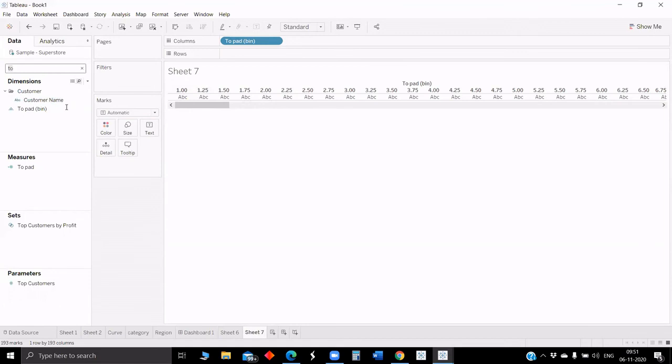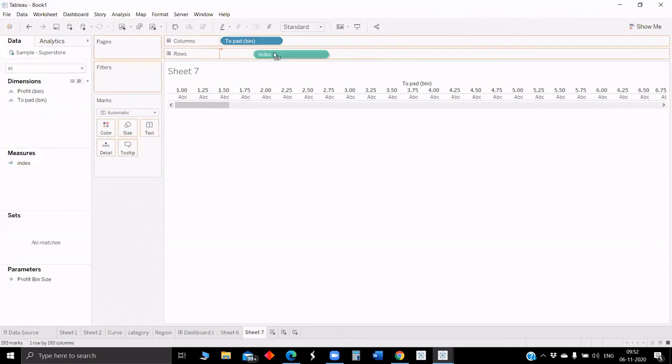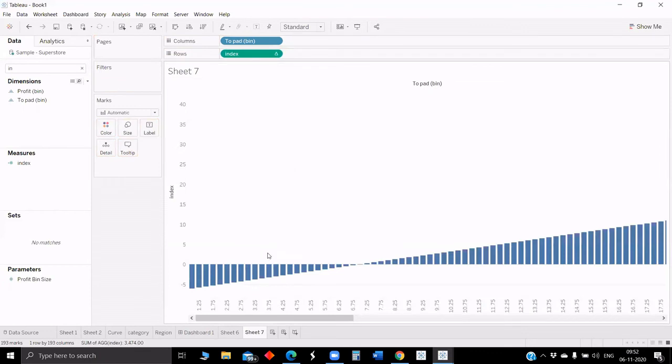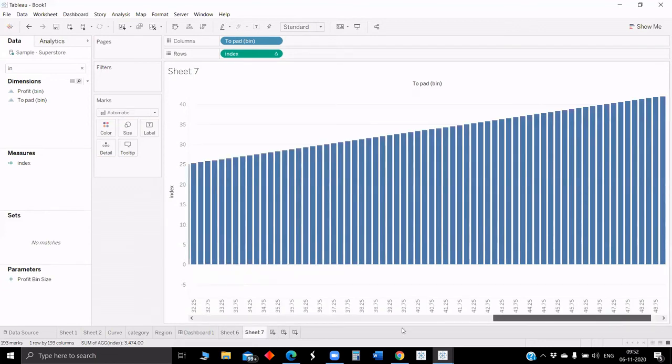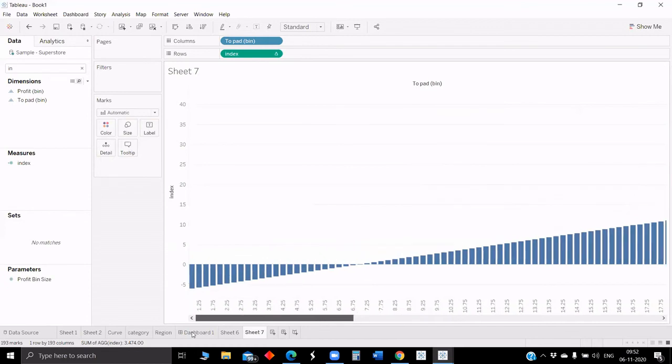And if you drop the index, earlier it was from -6 to 6, and now it's from -5 to even more than that. Earlier it was symmetric. Now, because we only changed the bin and didn't change the index function that we wrote, it went asymmetric, and thereby our curves are not matching.